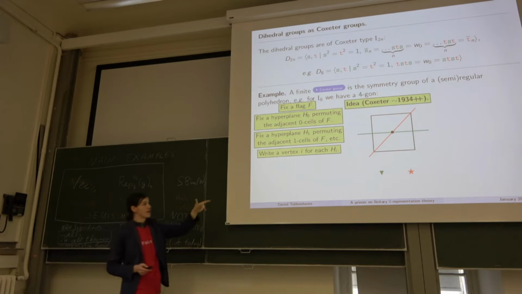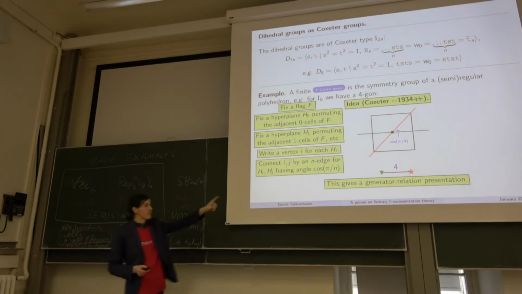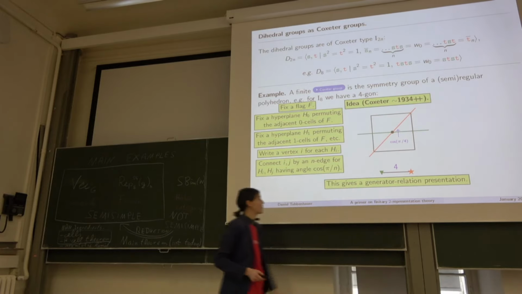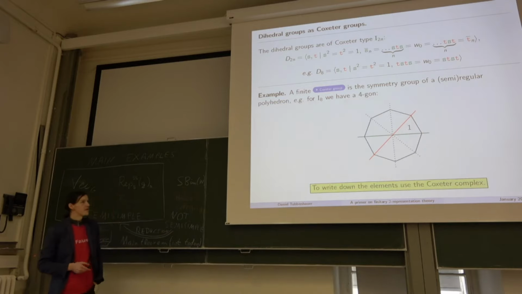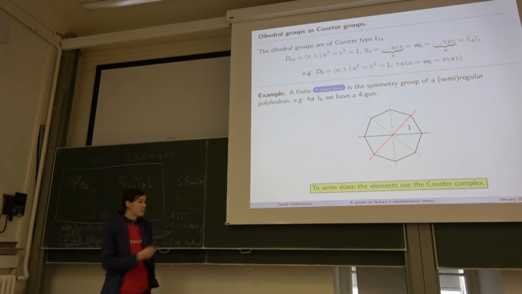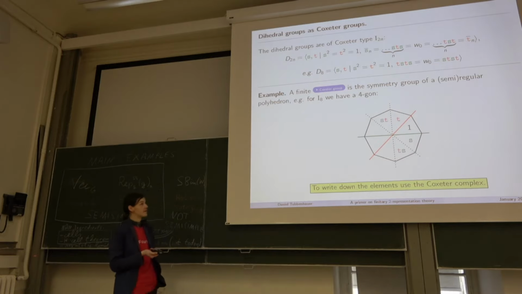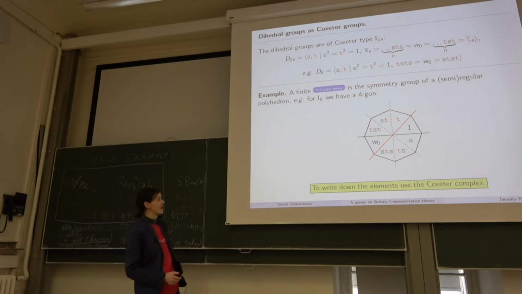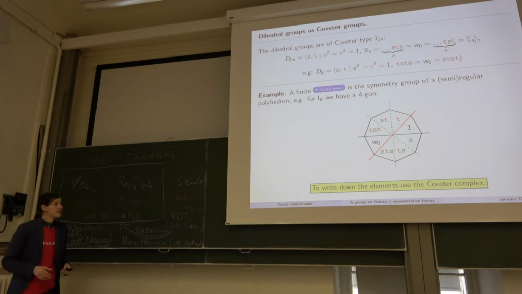So you write down a vertex for each hyperplane which you have written, and you connect them by an edge corresponding to the angle. And this number tells you the length of the braid relation, which you then can easily check by just reflecting in those hyperplanes. Here's the example. If you want to write down the Coxeter complex, you just take those hyperplanes and you reflect, and you get the whole dihedral group in this case, which is of order 8. Those are the elements of the dihedral group. And this is all very nice, and they have associated Hecke algebras, and so forth and so forth.